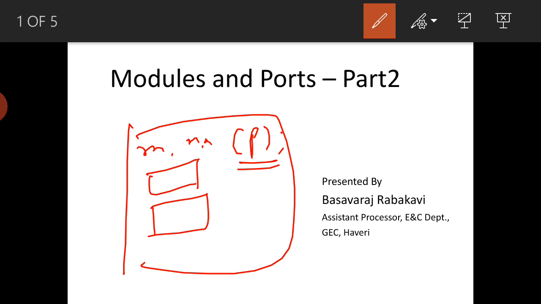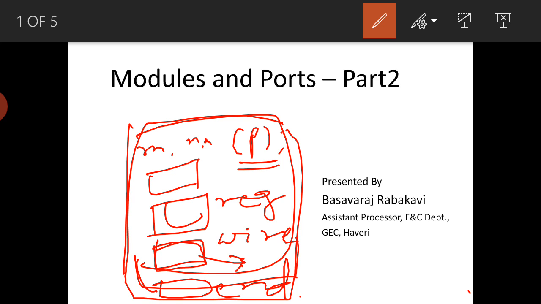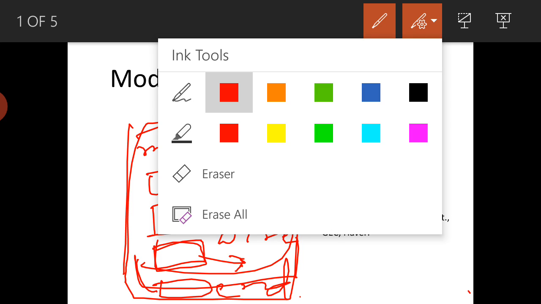After that we will declare the data types, whether it is reg or wire, whether it is integer or real, all those declarations. Then comes the logical part, any one of behavioral, data flow and structural modeling of the logic, then endmodule. So this is the basic pattern for how to write a module.